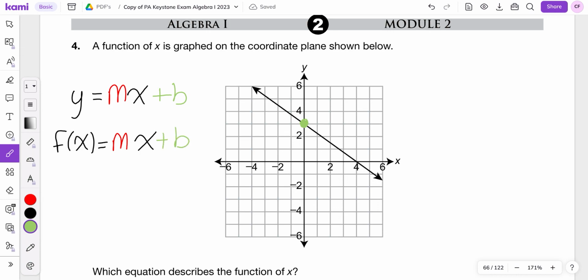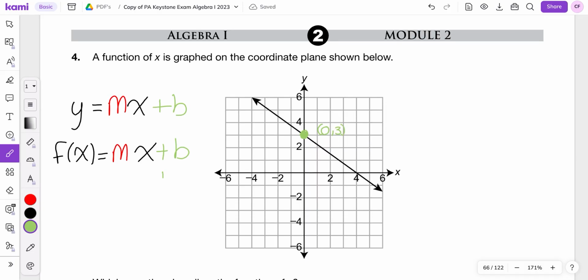Notice that the y-intercept is between 2 and 4, so that is the ordered pair (0, 3). Since it is at a positive 3, we will put plus 3. I'm going to bring down the f of x part, the equals, and I'm going to find m. Remember, m is slope,